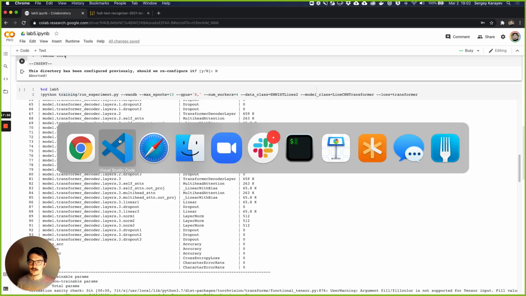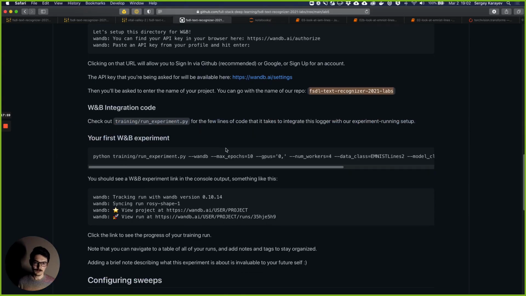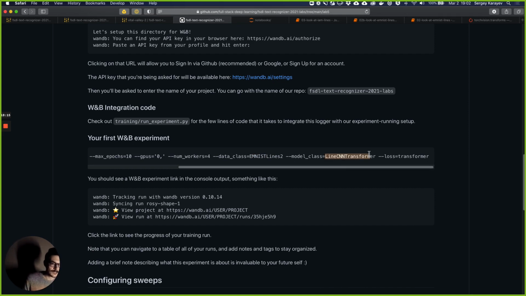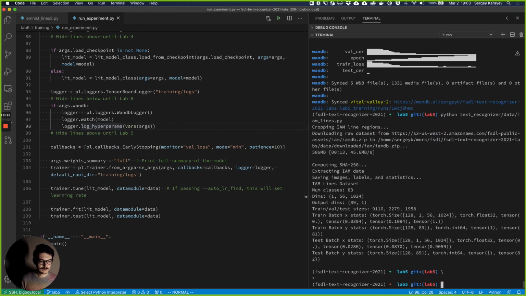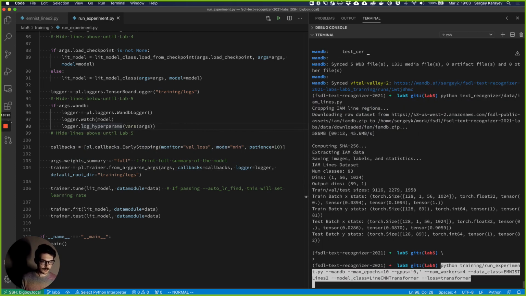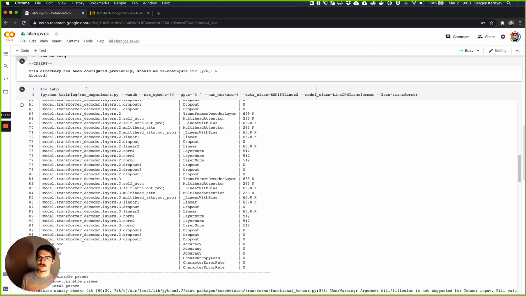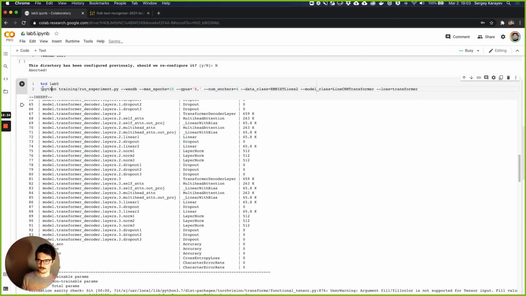So this is the extent of the integration. It's quite nice. The next thing we want to do is just to be able to run an experiment. So let's take this command, which is Python run experiment with this new WNB flag. We can just run for a few epochs at first on this new data class that we have, EMNISTLines2, with our old friend LineCNN transformer and the transformer loss, which will use the transformer lit model. If we take that and paste it into our terminal or into our Colab, remember to precede it with an exclamation mark,